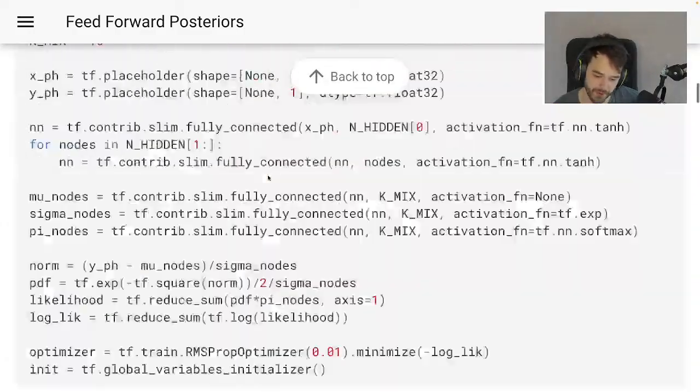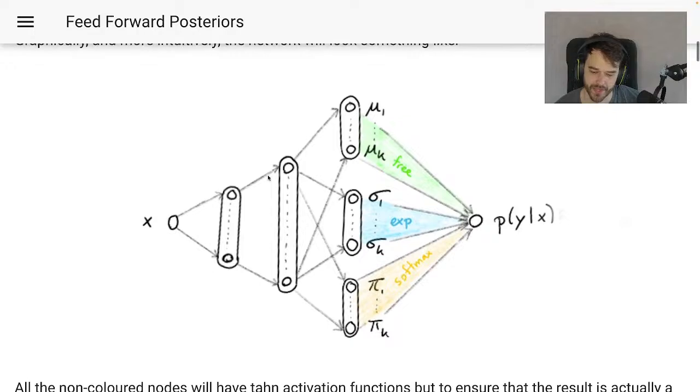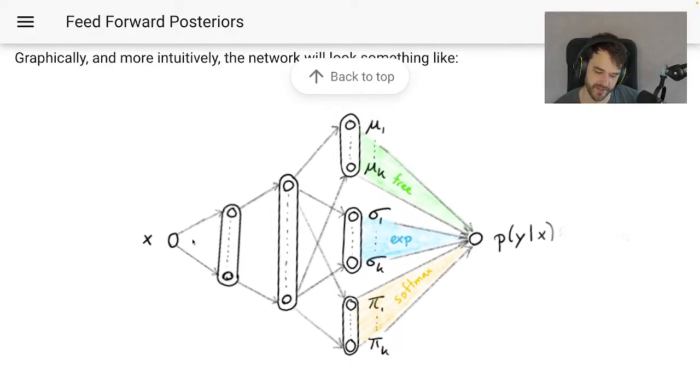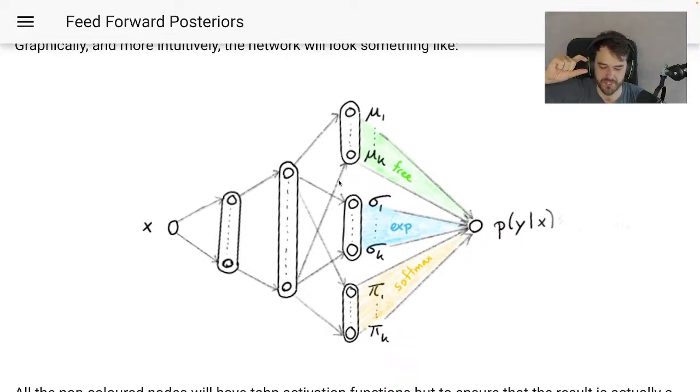So people in neural network land have also tried to do this, by the way. The way that they went about it is they said, well, let's just have a neural network going forward, but one part of the neural network is going to predict the average values of each Gaussian, and another part of the network is going to represent all the sigma values, like how wide the distribution should be.